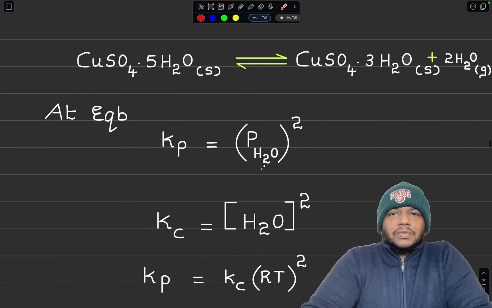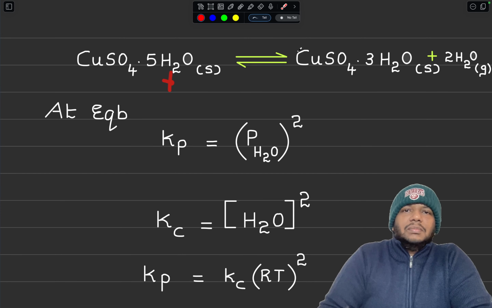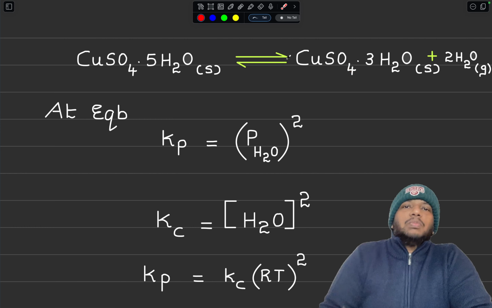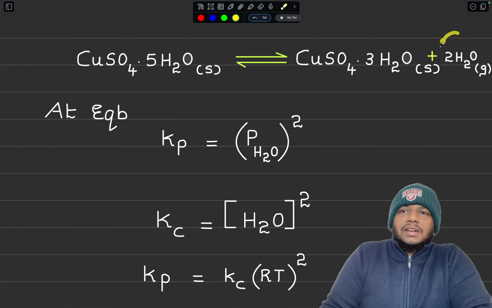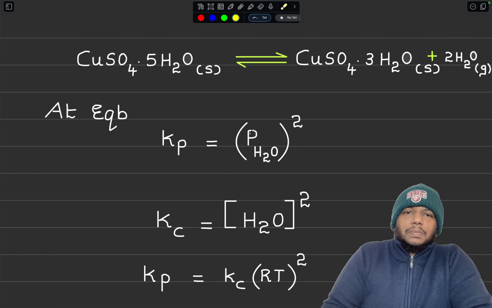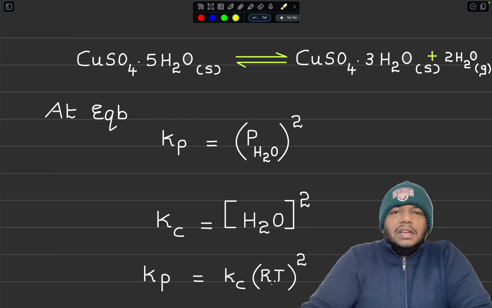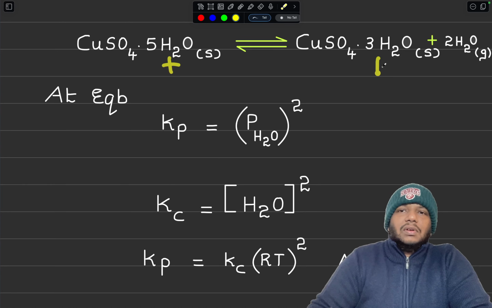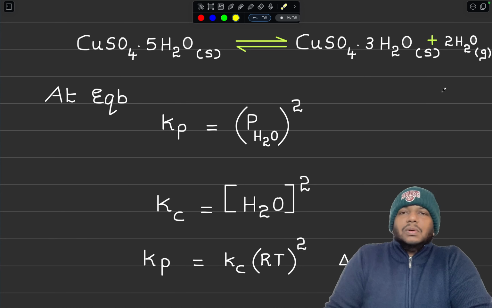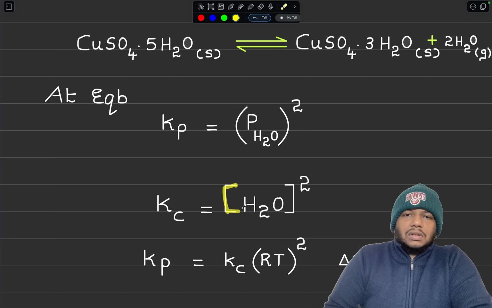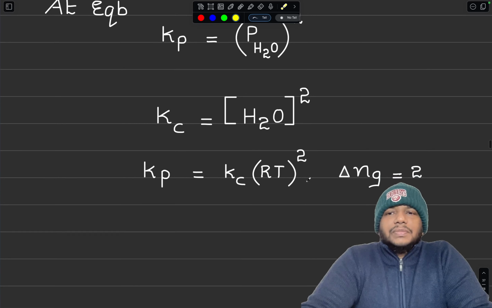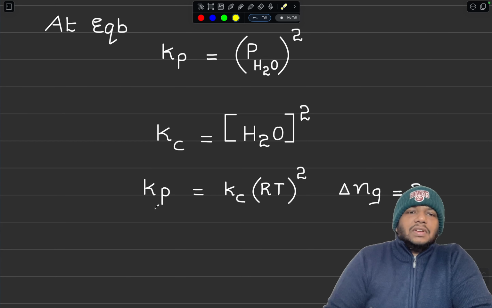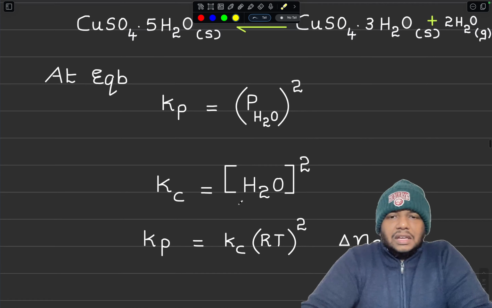If you write it in terms of Kp, we can ignore these two terms. Why? Because both of them are solids. So we need to consider only the partial pressure of water. The coefficient is 2, so it will be squared. Now if you write it in terms of concentration, then also I can ignore the terms which are solids, because their density is a constant value. So I can write the concentration of water, the whole square. And how do you write the Kp and Kc relation? I can write Kp is equal to Kc (RT) raised to